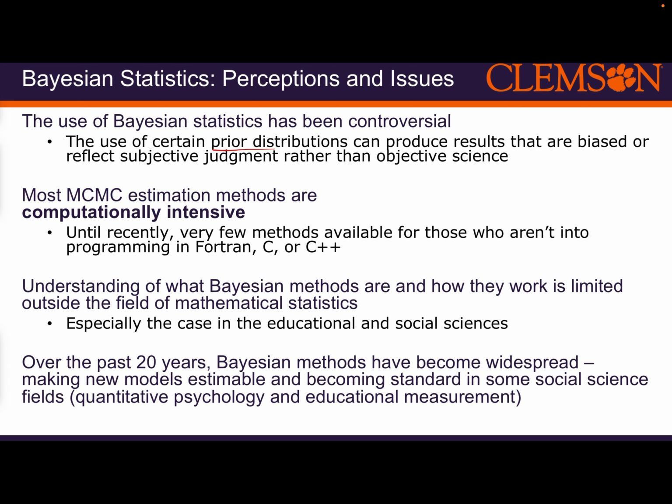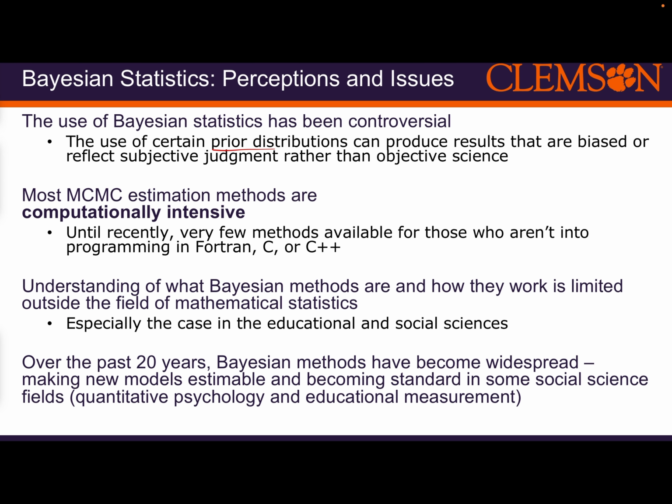Additionally, most of the estimation methods are what we would call computationally intensive. In fact, until I would say the last 10, 15 years, very few methods were available for those who aren't into programming in Fortran, C, or C++. Now, there are packages and software programs that do a very good job with this, Mplus being one of them. You'll see in R packages, there's the brms package that takes mixed models and puts them in Bayes fairly quickly. There are ways to make this easier, but it has been a kind of challenging field. But some of us like the challenge, myself included. Furthermore,